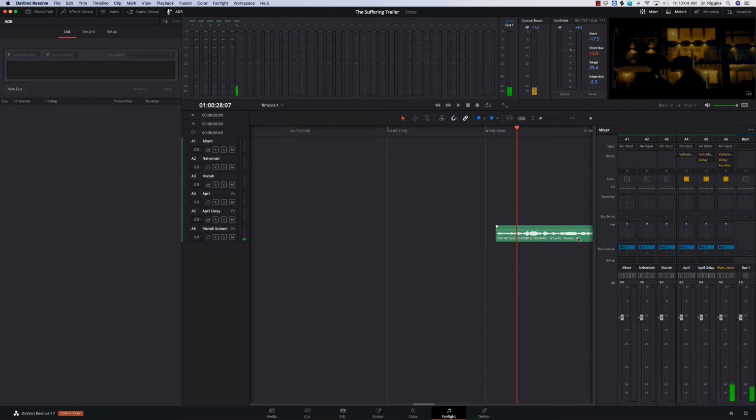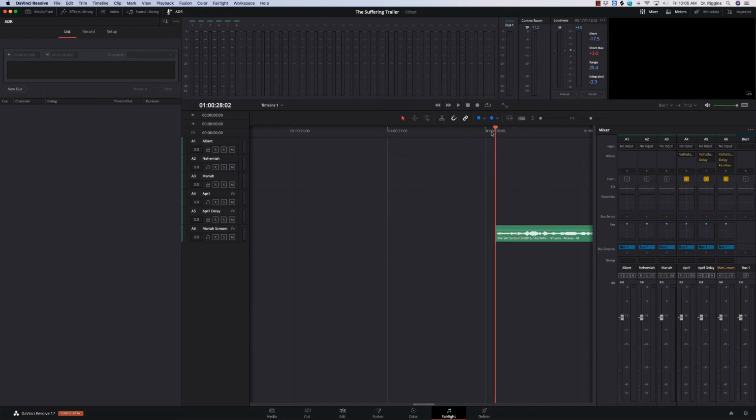And now the infamous scream of Mariah. So I kept those same two things, and then I added a pan man to that. For whatever reason, this plugin just does not want to open and show. But a pan man gives me a nice little panning effect. So if you listen to it,